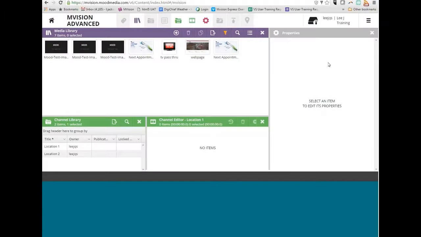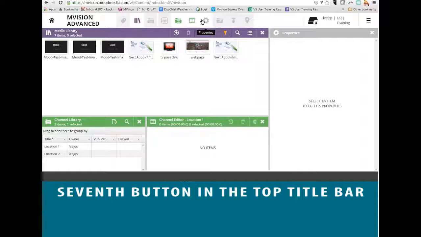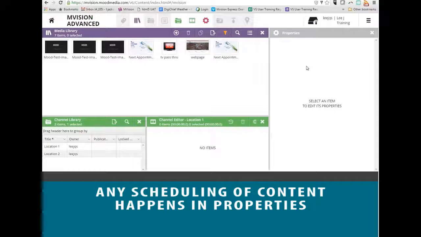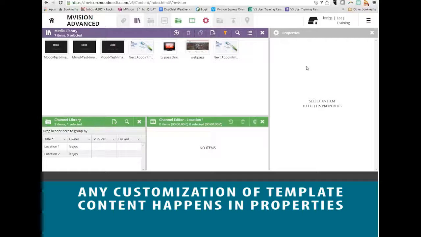In this segment, we're going to talk about the Properties window. The Properties window is the seventh button in the group of buttons across the top title bar. The Properties window is important because two things happen in Properties. Any kind of scheduling of content happens in Properties, as well as any kind of customization of our template content